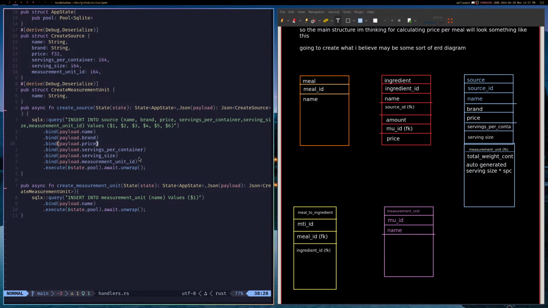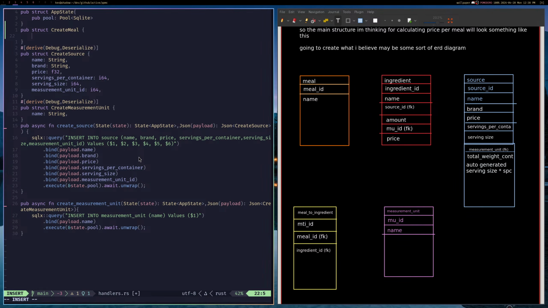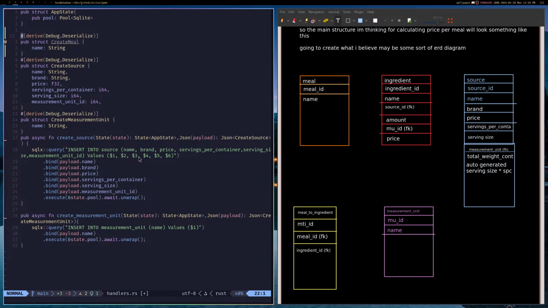So let's go. Let's create another struct. So here we'll name it pub struct, and we'll name this create meal. If we look over, what we have to pass is just the name of the meal. So let's do name and then a string, and then paste, debug to serialize,